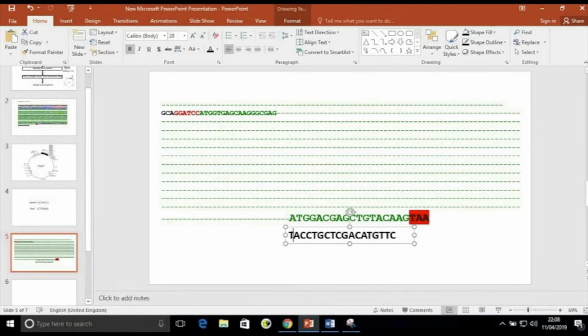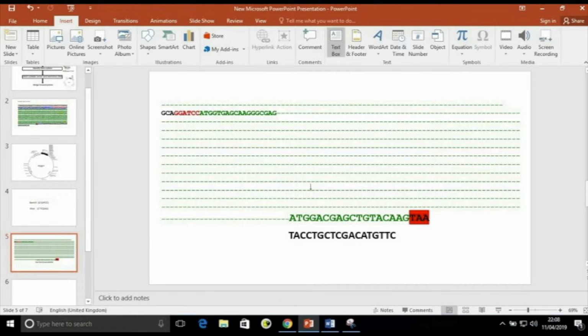So as you can see, this is we have to keep from this direction, 5 prime to 3 prime. So I will take like this.